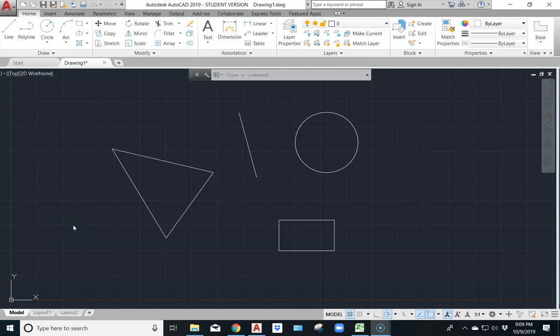Hi, this is Shalimar Steinberg, and today I am talking about object snaps, and they are located down here on the toolbar. And if you look at this one right here, which looks like an angle, it is for object